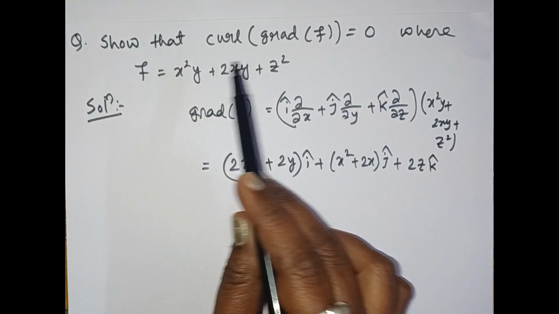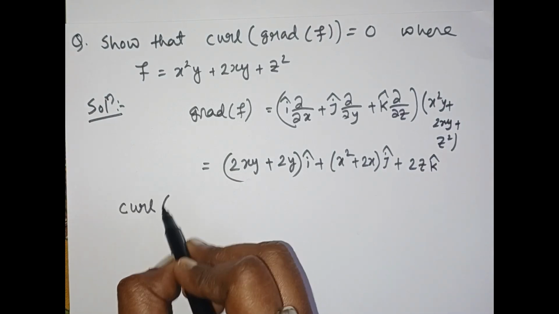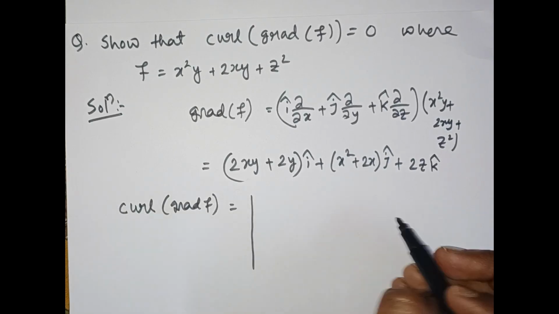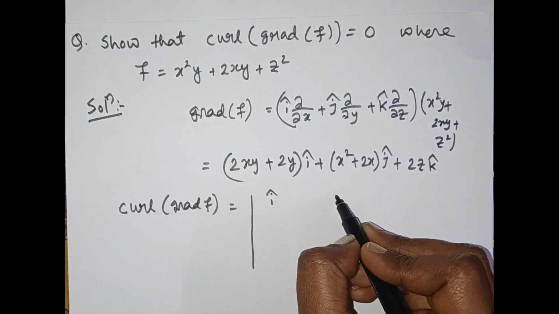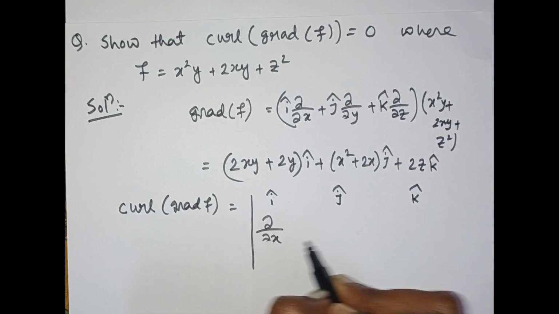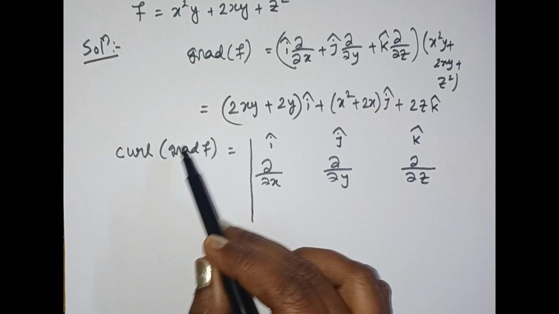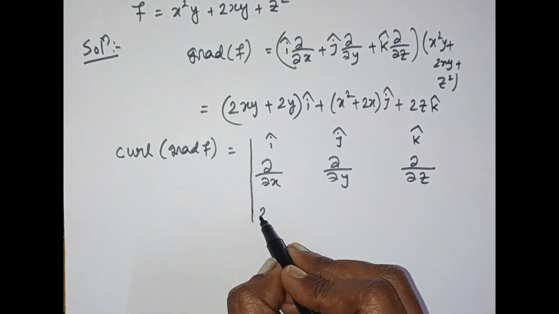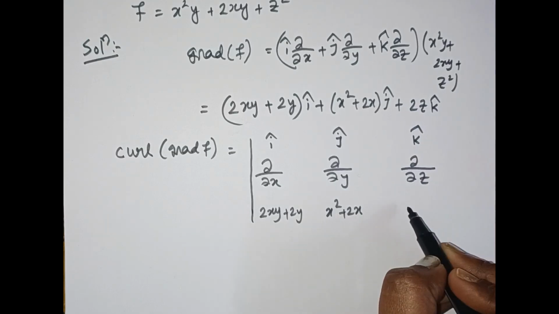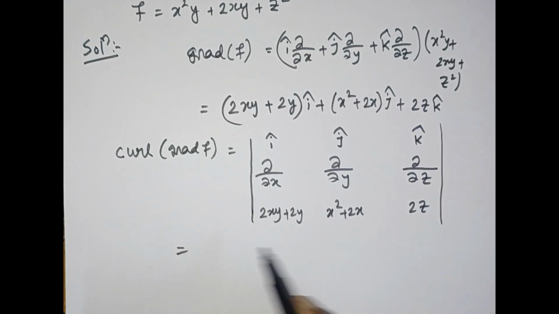Now we have to find the curl of this. So curl of grad of f equals, we know the formula of curl is the determinant of i j k, del x del y del z. The function is 2xy plus 2y, x square plus 2x and 2z. Now if we calculate the determinant, then we can write